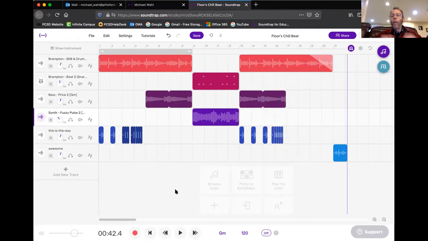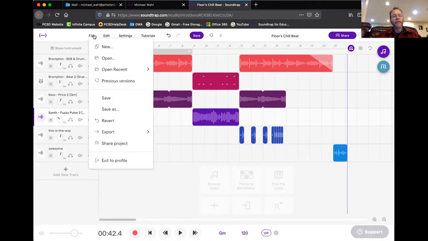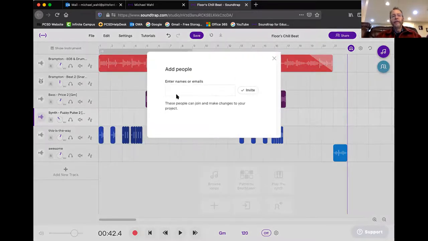Okay, guys, when you are all done, the way to hand this in this time is not via Teams. I don't want you to hand it in to me on Teams. I want you to just make me a collaborator, in other words, so I can open it and look at it and listen to the file myself. That's really simple to do. It's under the File menu, File, and Share Project. And if you just type me in,